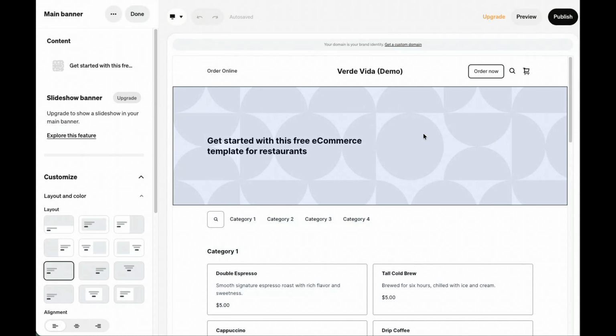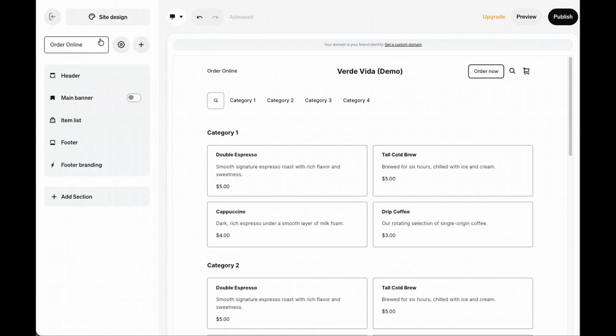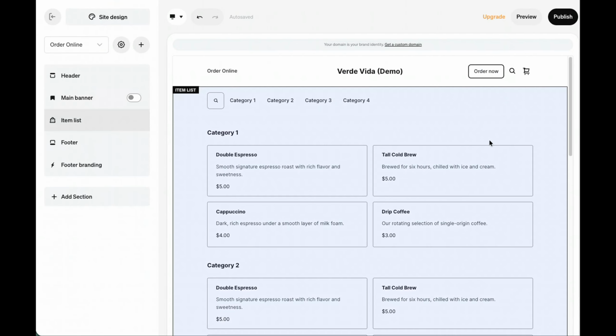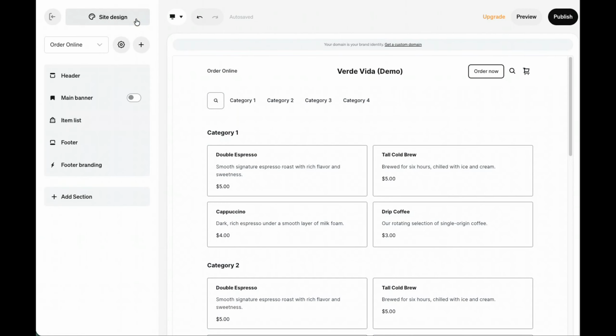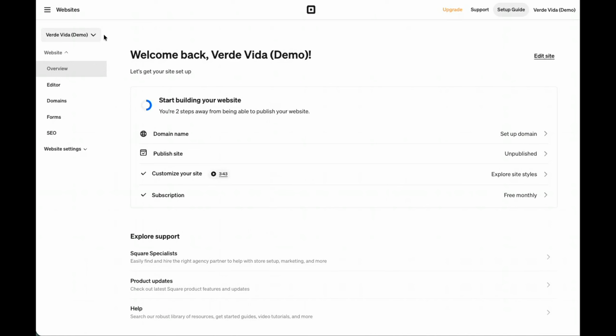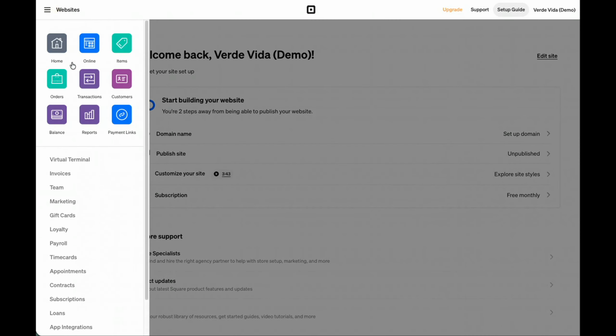Now we can click on the banner and we have the option of hiding the banner. So we can click on these three dots and click hide section. And that way our item list is the only thing that shows. Now, once you set up the online ordering page, I'm going to click done. I'm going to go back to my menu. I'm going to go back to home